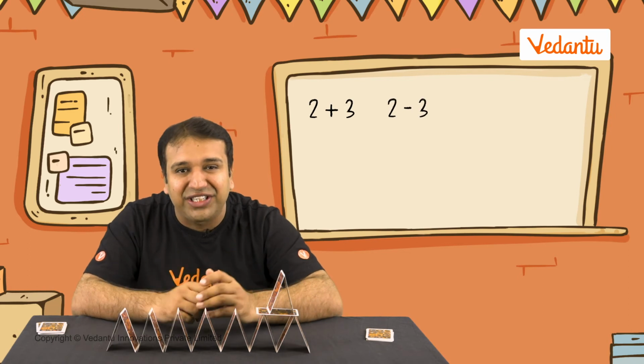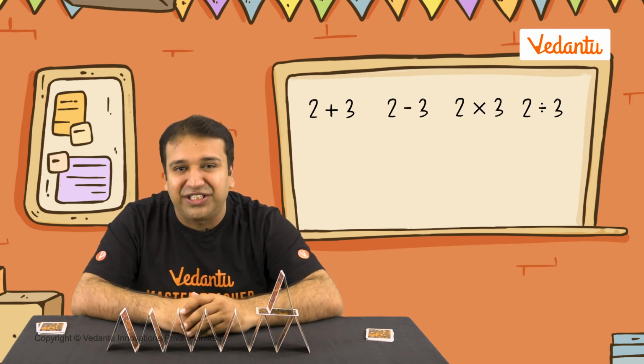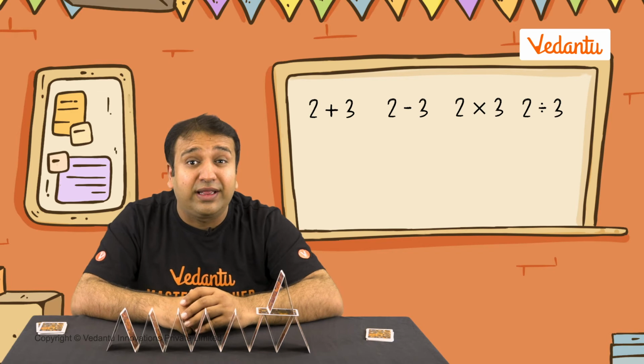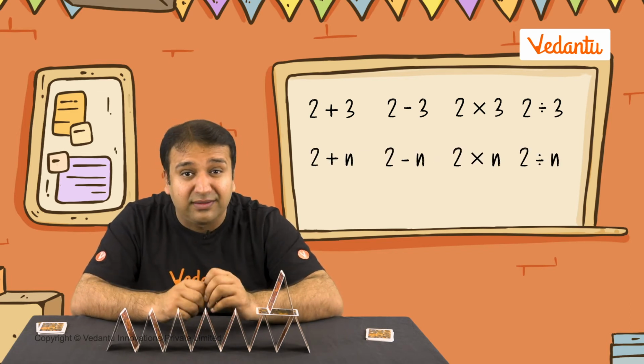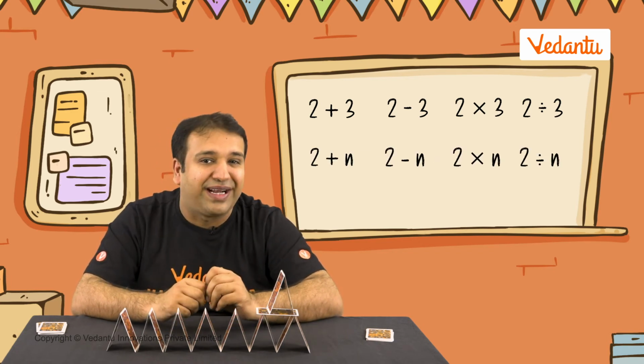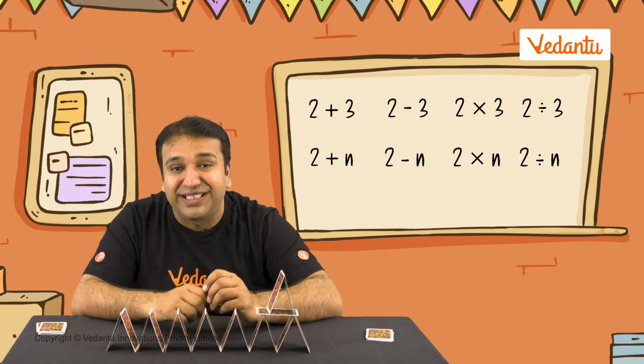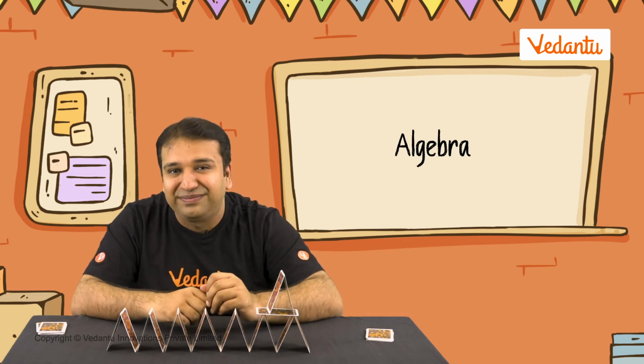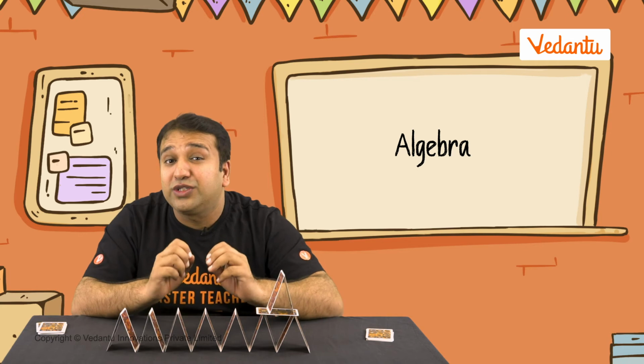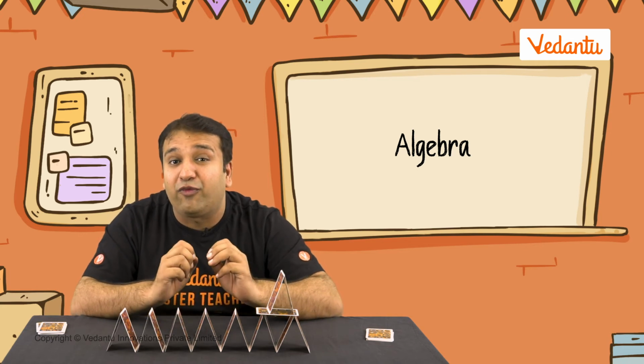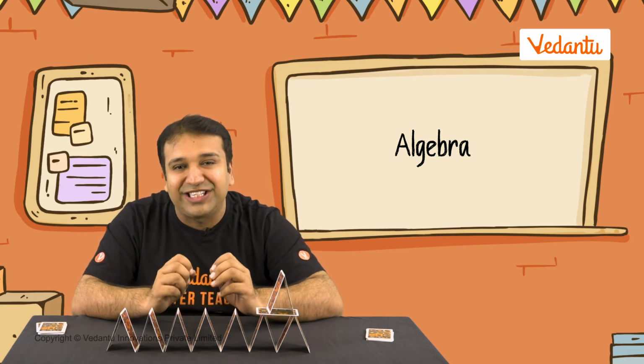We have done normal arithmetic calculations that involve addition, subtraction, multiplication and division. But when we are dealing with numbers and variables together, a different branch of mathematics comes into play. This is known as algebra. In algebra, we use unknown quantities in the form of variables to understand and solve real-life problems.